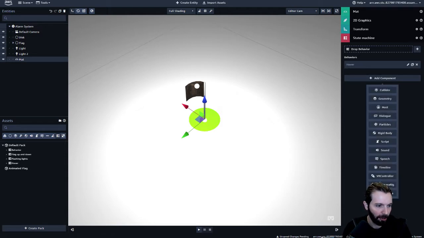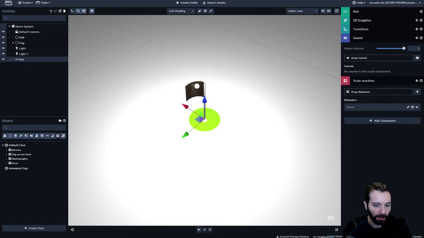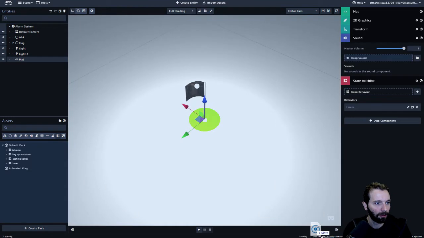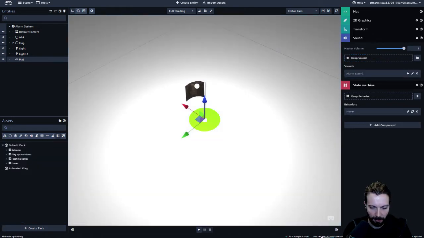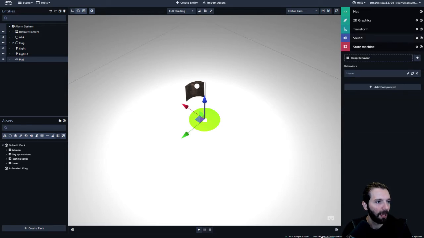So we go to add component, we add sound, and I need to drag that alarm sound. I just have this on my computer. It's called alarm sound. It's just something I downloaded that I purchased. And so there it is. Let's see what else we need to do. That's it. Okay. Then we need to add one more